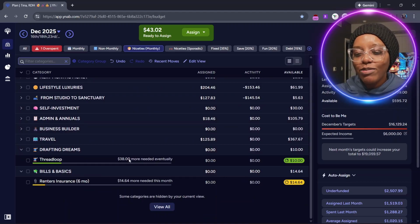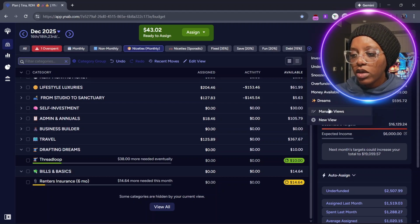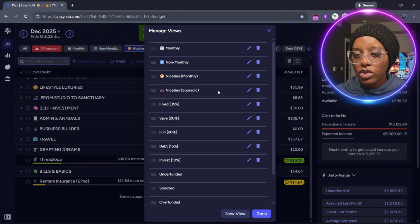Okay, Threadloop is a website for sewing. So we're totally good to have. Why do I have this under, this should actually be in a different view. This should be under savings. So I'm gonna change that really quick. So we're gonna go to manage views. We're gonna go to